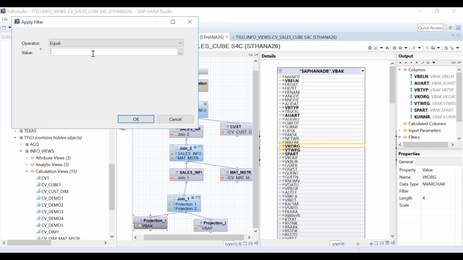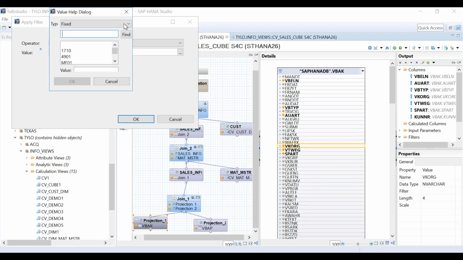Either you can hard code that I would just want to see S001, but this is not what we want. We don't want to hard code it. So click here. Do you need fixed values? No, I don't want to click any of them. I don't want to be restricted every time with this only.